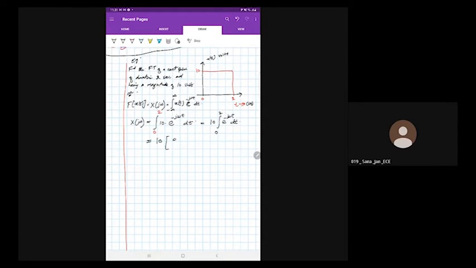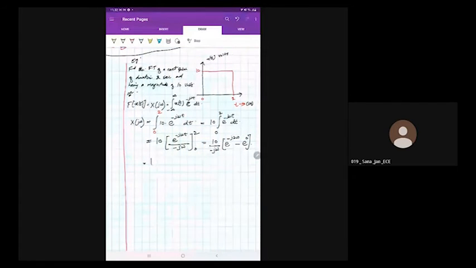It is e raised power minus j omega t divided by minus j omega. Then we have to apply limits between 0 and 2 also. Okay, so we can further write it down. Then it will be 10 divided by minus j omega, then e raised power minus j twice omega, then minus e raised power 0, which will be